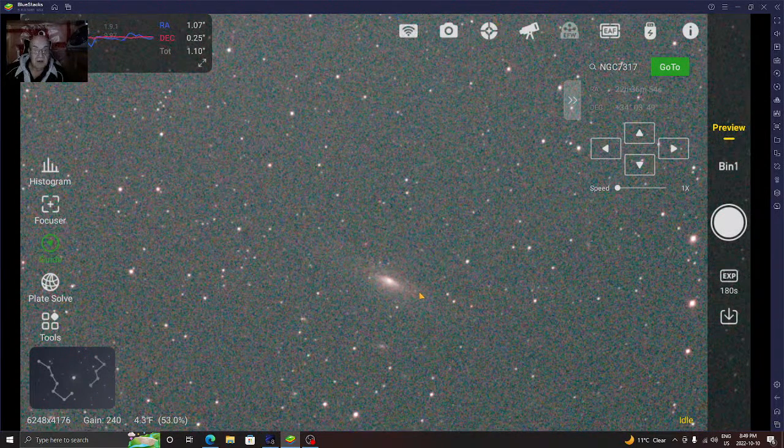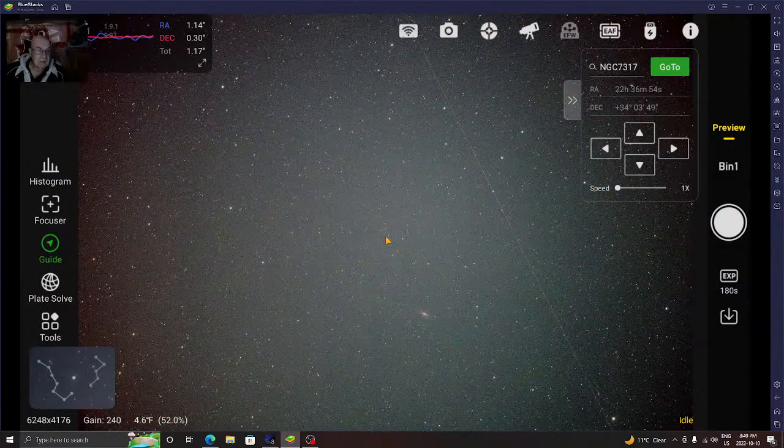Again, this is a one shot. There would be a lot more detail with multiple stacked images, and that would certainly make it a more pleasing image to look at. This is a very rough, raw image, if you will, but you can see the bright core of the galaxy and a little bit of the spiral arms out here. And there are some other galaxies that we're going to look at in the not too distant future that are much more defined and look much better, obviously, in the image, such as Andromeda,